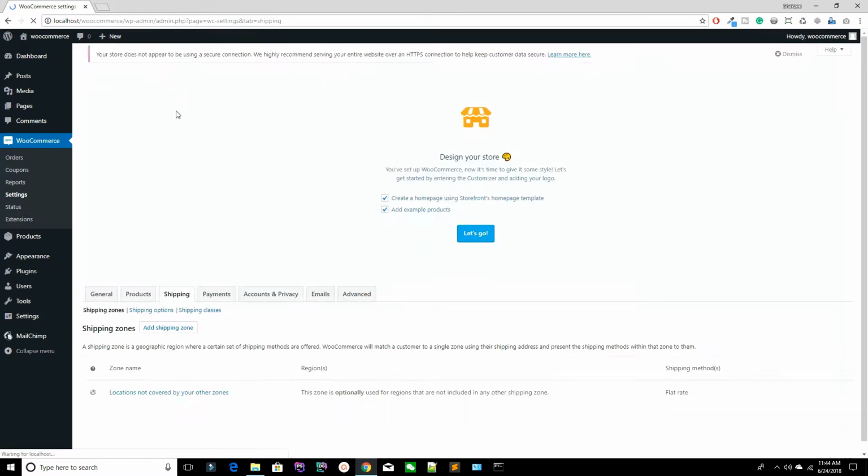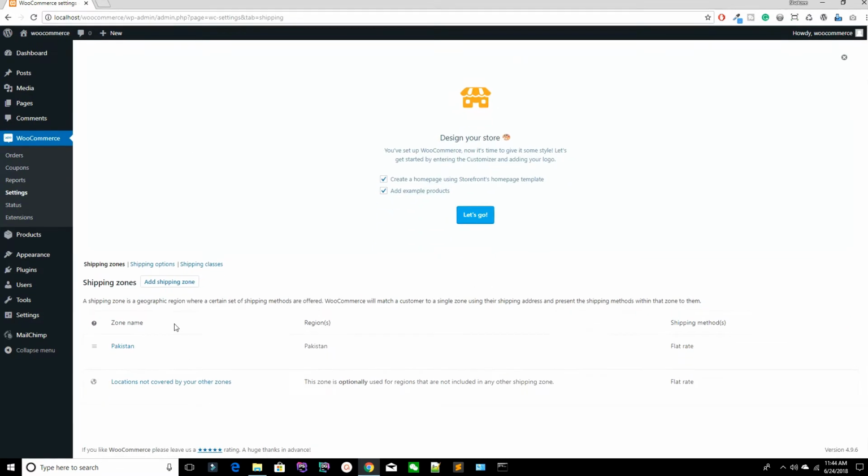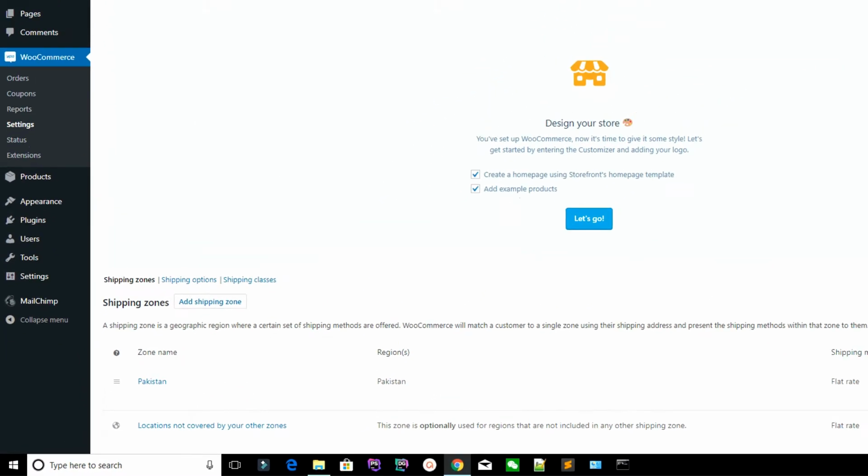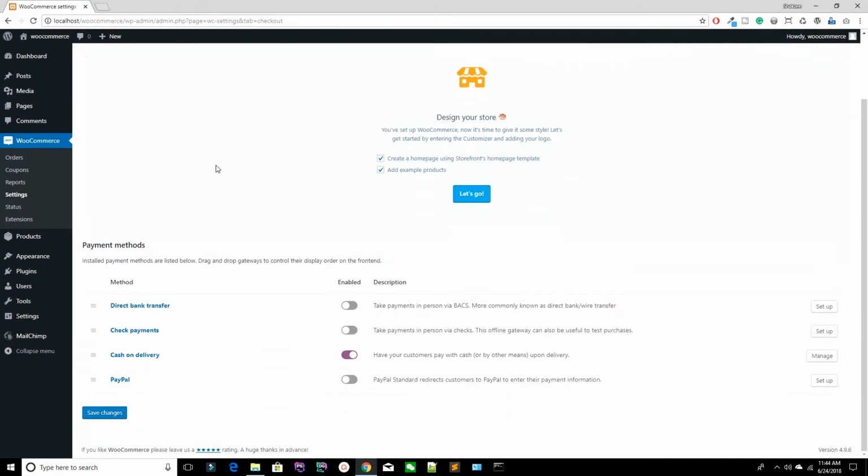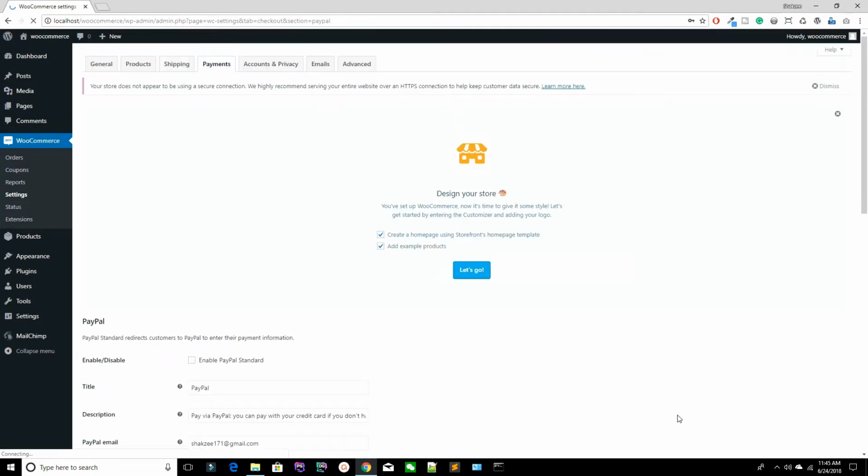So here is your shipping. You can add your shipping cost or something like this. Okay, you have your payment method. So as you can see, we have cash on delivery payment method, and we have PayPal. Okay, so how can you set up? If you want to activate the PayPal, you can add the setup button